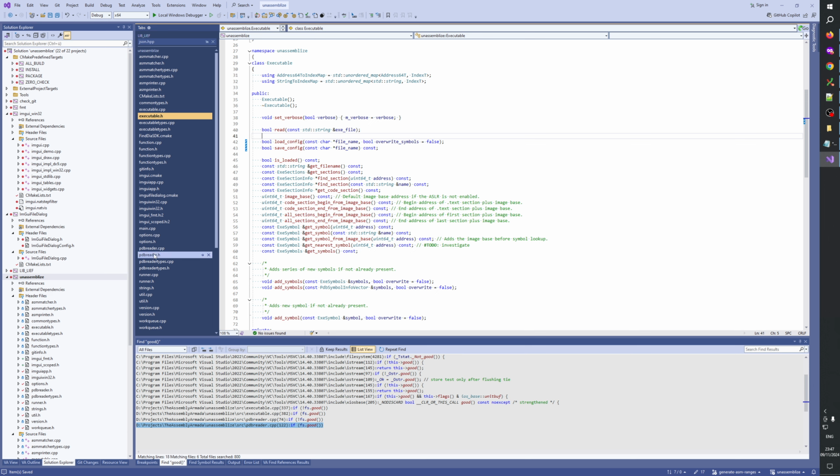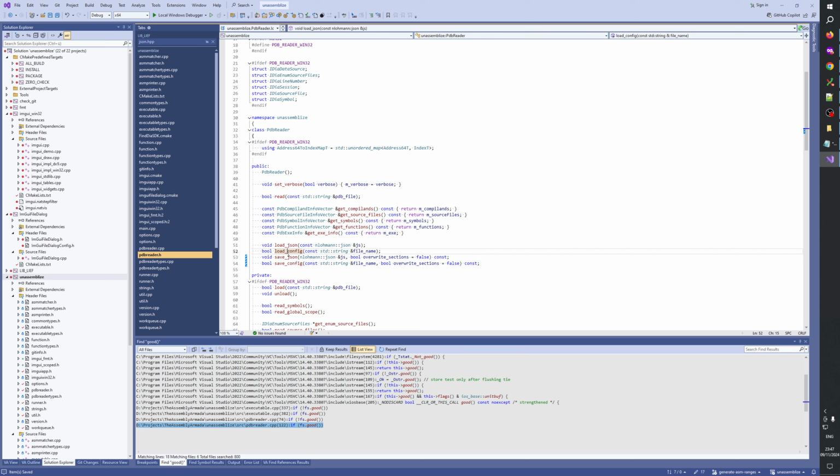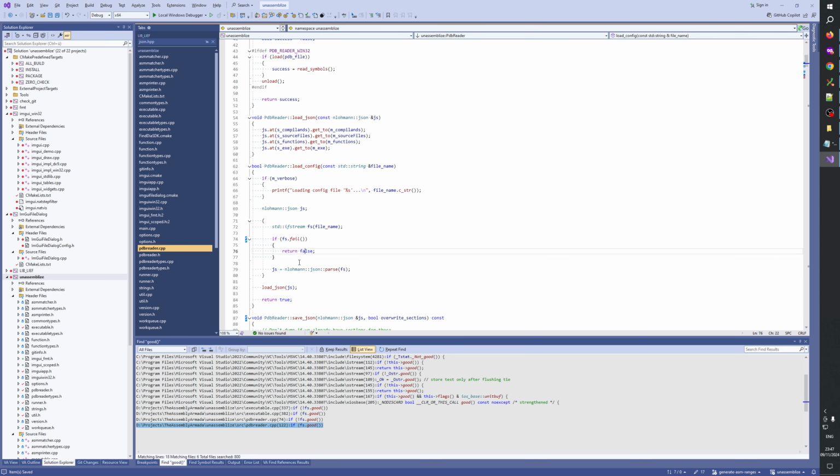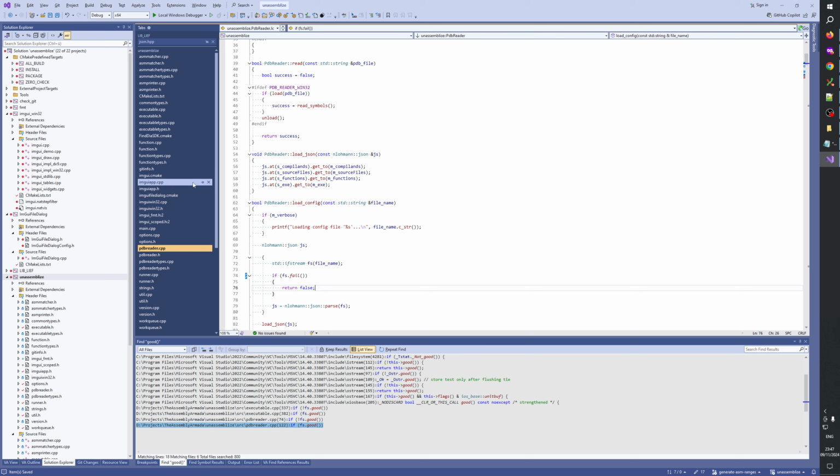What about PDB reader? Load config already has a bool. Good. Then